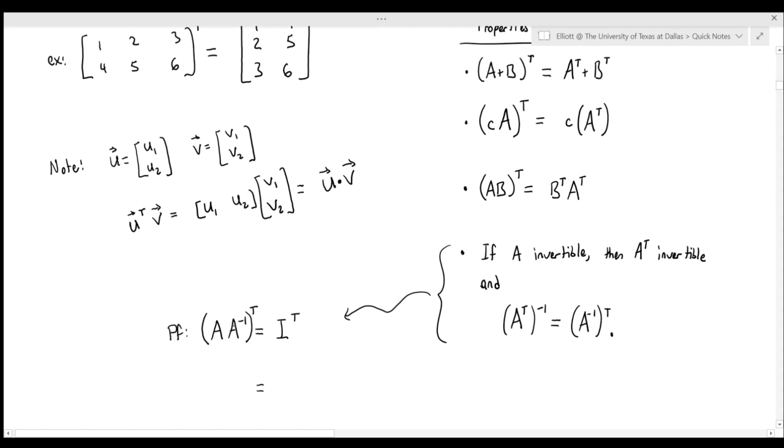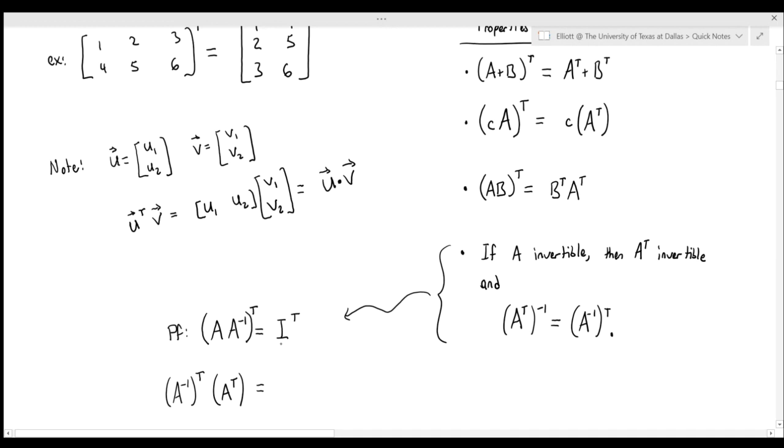Here, when I transpose a product, I can use this third property. So it's going to be A inverse transpose first, and then A transpose second. And so that should be equal, on the right-hand side,